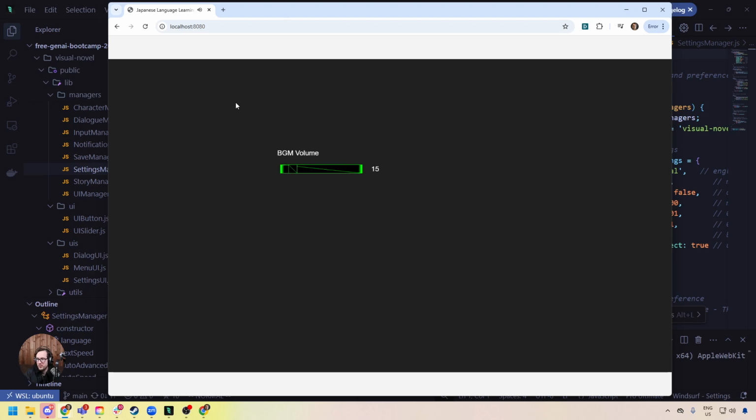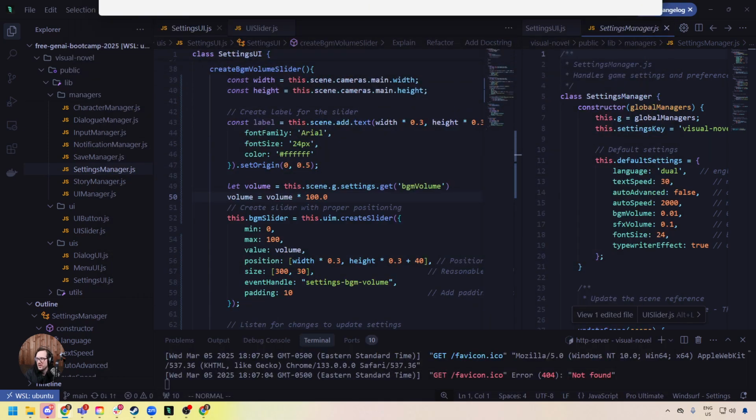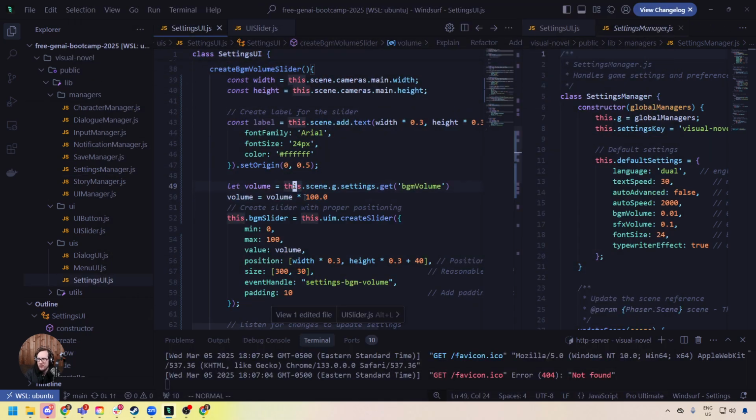So maybe what I might do here, because the audio is really loud, it should never really be that 100%. I feel like we need to adjust it so the maximum volume is here. Actually, we can just change this to 50, I think. If we change this to 50, that would probably resolve, well, not necessarily, because the number here is